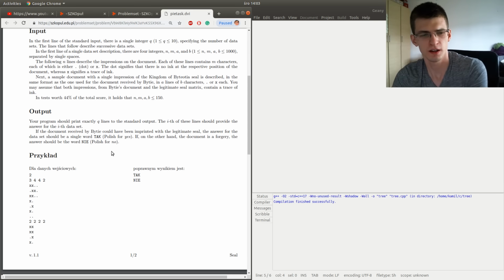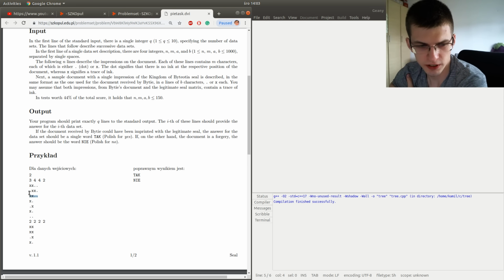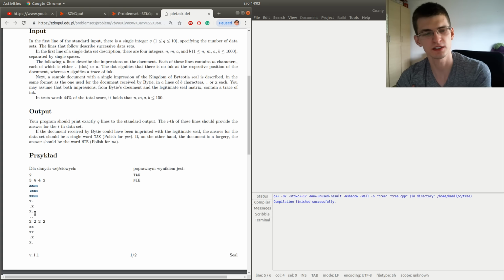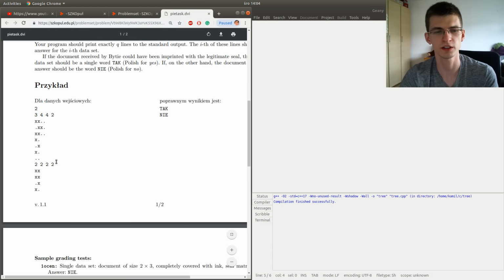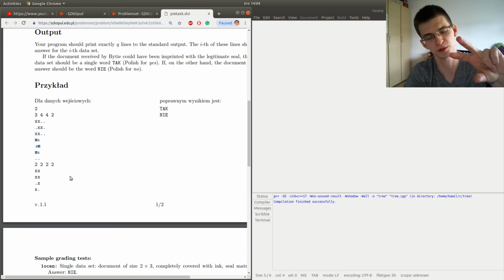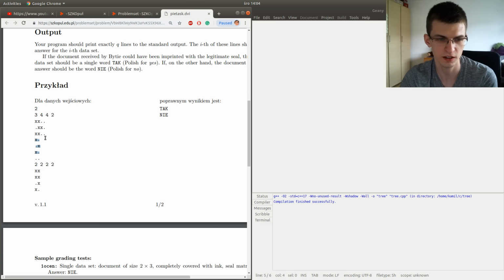Okay, so I think we are given a matrix of some given size, and we are given a smaller matrix, and we ask if we can put this smaller matrix on the bigger one a few times, to put a few copies of it to get the big matrix. For example, here we can take this smaller shape and put a similar shape to the right to get this bigger shape.